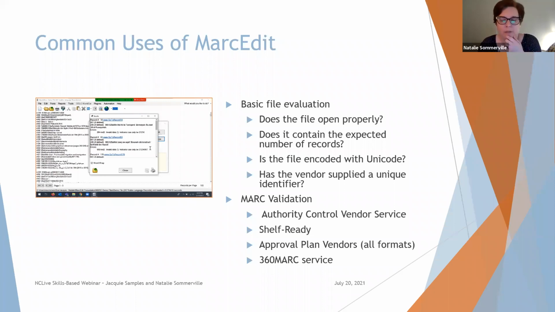And I just also wanted to note that under the MARC validation bullet list, Jackie and I have listed some of the files that are very frequently and commonly loaded in our technical services division, specifically by Jackie's department. And these sustain really large scale workflows in our library. So validation of the files is key, since we don't want to introduce errors into the ILS and subsequently into the public catalog with these large, very frequent files. Next slide, please.